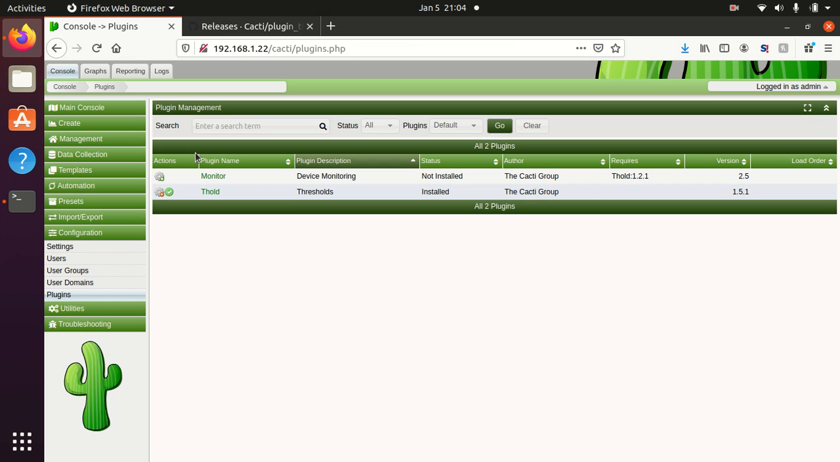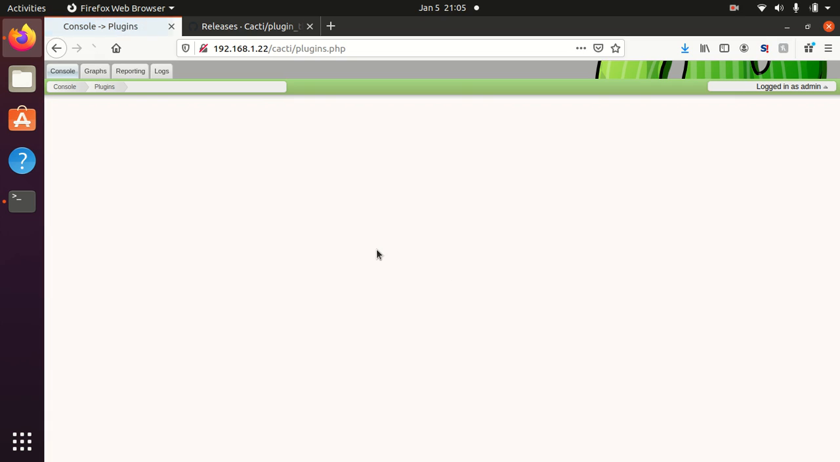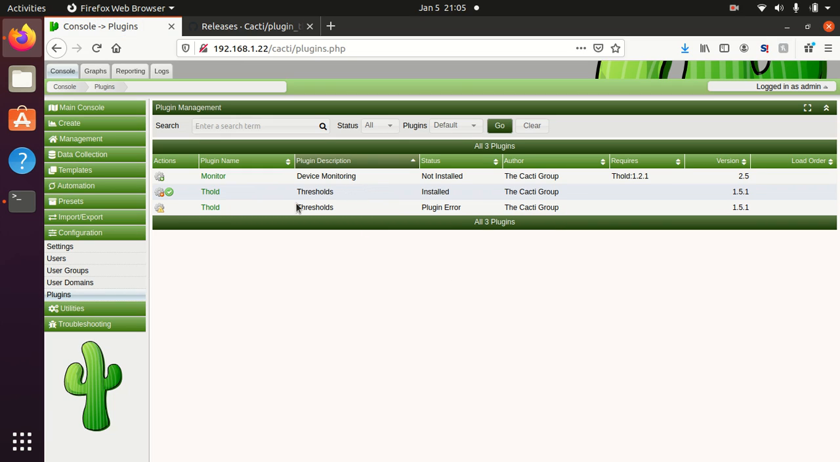I'm going to go back into the GUI now, and if I refresh the page, I'll see that there's the two Threshold directories. Okay, so the one that has the check is ready to be installed. So right now, this one says plugin error, right? That's fine. That's just because the threshold folder is not in the proper naming. That's the old version. And if I enable this now,